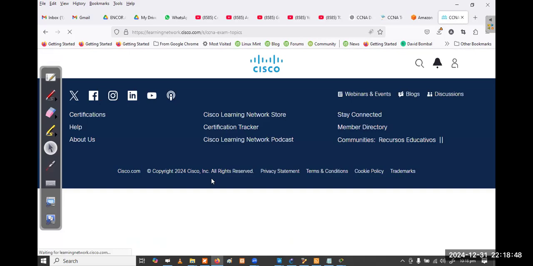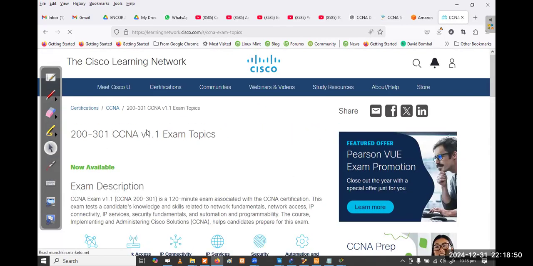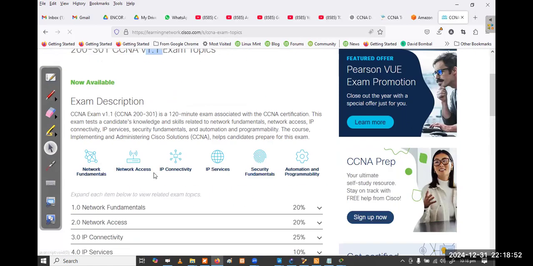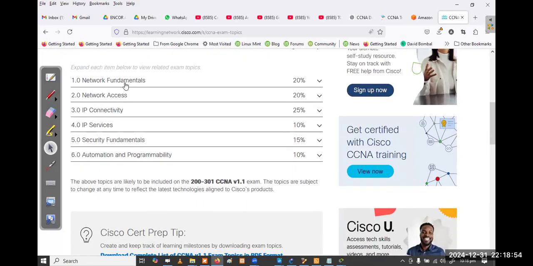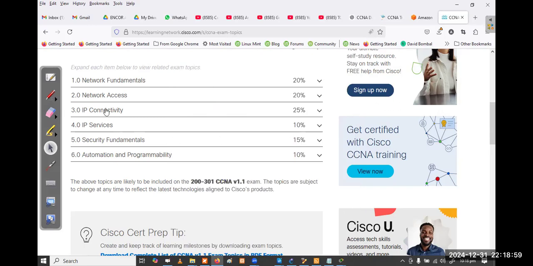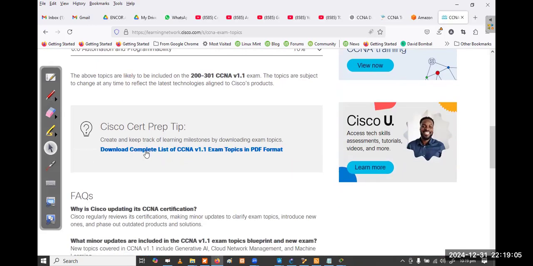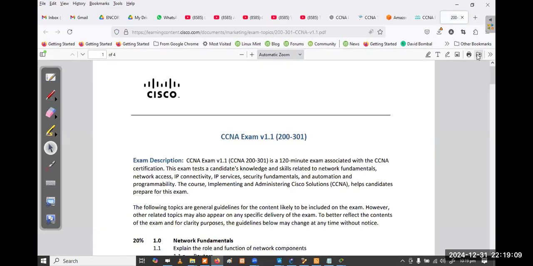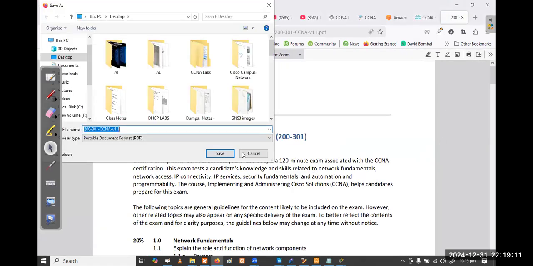Now you can see the syllabus, right? This is the latest syllabus, 1.1. You can see network fundamentals, network access, IP connectivity, IP services, security fundamentals, automation and programmability. You can download it from here. I can send you this.